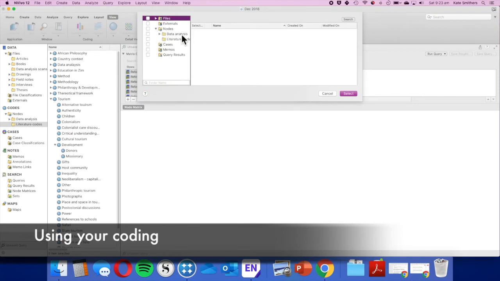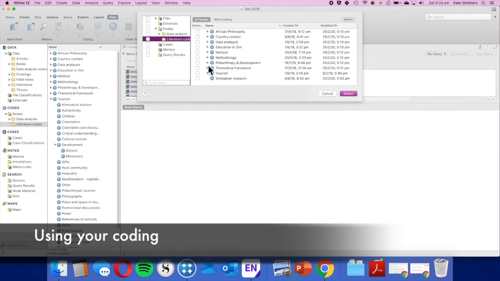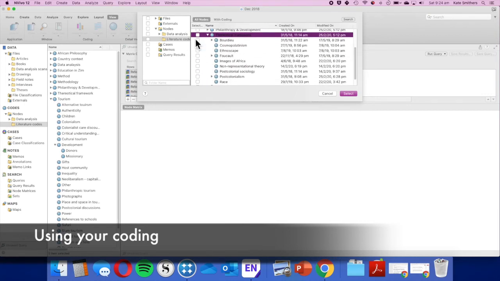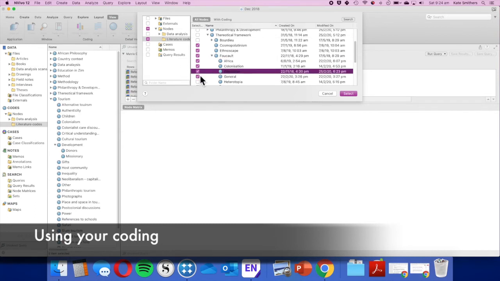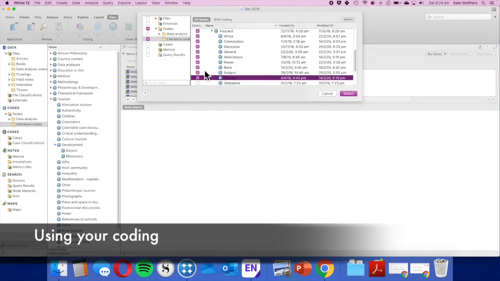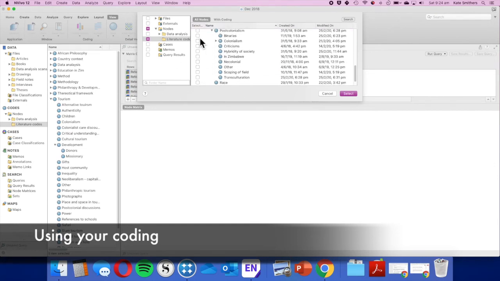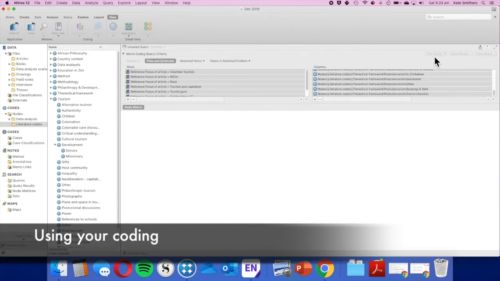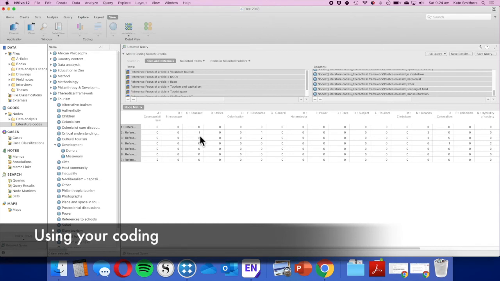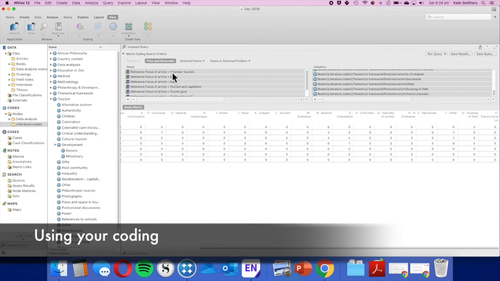So again, I'm trying to look here for theoretical framework and where my chosen theoretical framework lines up with any of these attributes of the articles. So we're probably actually going to find more intersections here. So I might just click those and then run it. Might take a bit more time, we'll see. All right, so again, we don't have heaps of results here, and I'm driving this very badly in my examples,